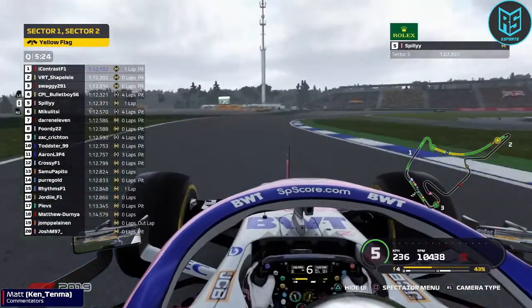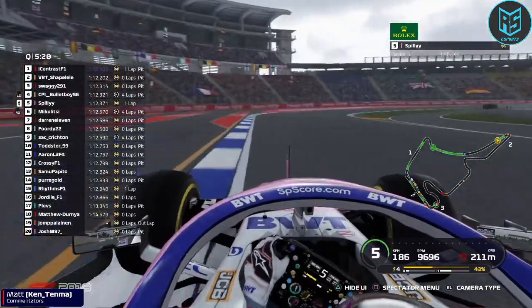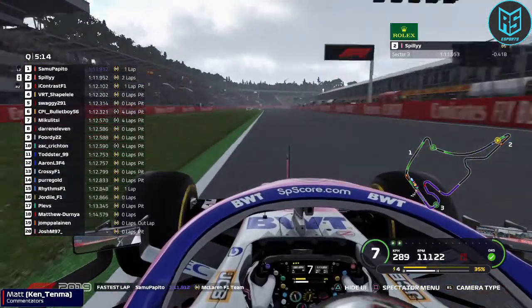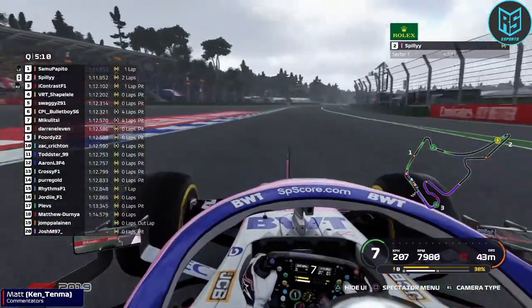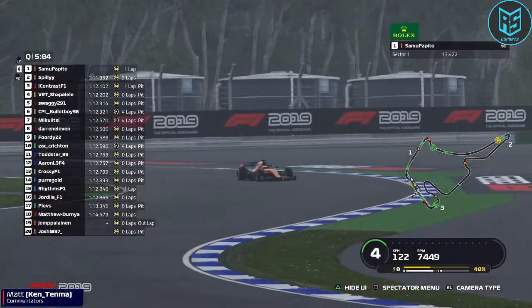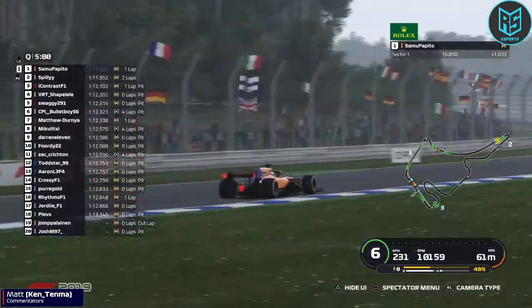Nicely done. Through the last couple of corners, these are quite tricky. They're on a bit of a weird angle, and you can invalidate there on the left. And you can take a lot of curve on the right though, and nicely done. Very smooth. Gives the minimum speed up, as we would say, and gets himself up onto 2nd position, just behind Samu Pepito, who set a nice lap as well, a 1:11.9. A lot of drivers in the pits now, so they're the first. Spilly,